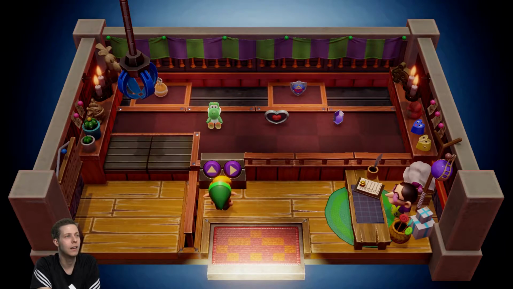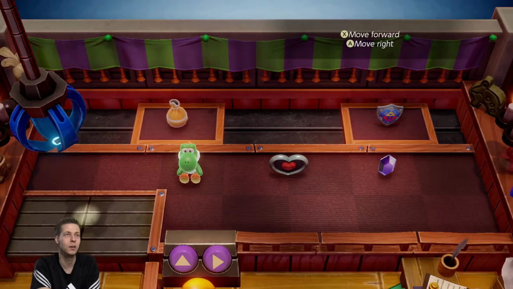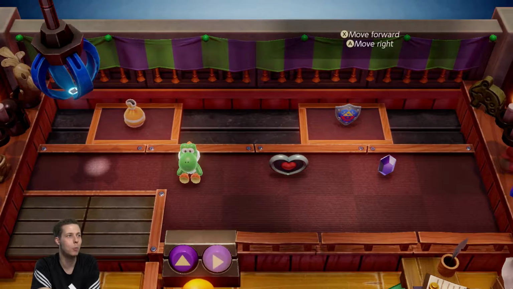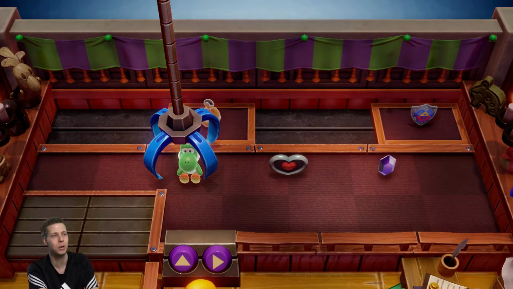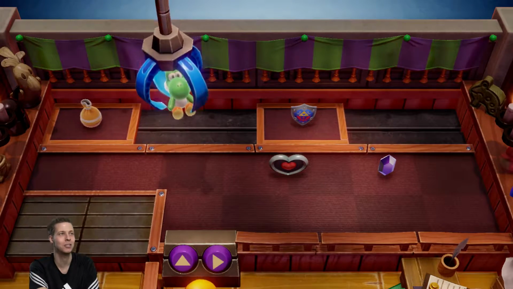Right. How do we do this? X is to move forward and A is to move right. Okay. Oh, it's got a little bit of a swing on it. Oh look, that was a pretty good one, wasn't it? Now we just got to hope that this bad boy actually grips the Yoshi doll. It can drop it though. It can drop it, so don't get too...